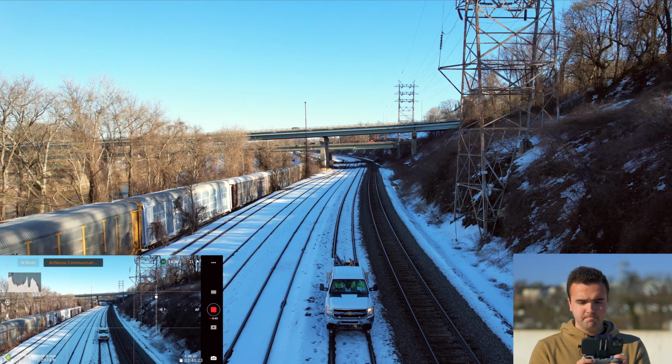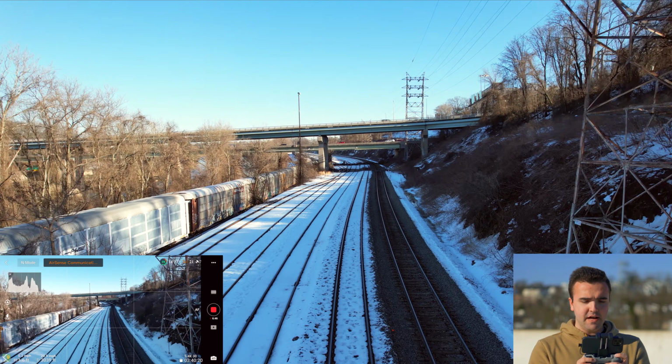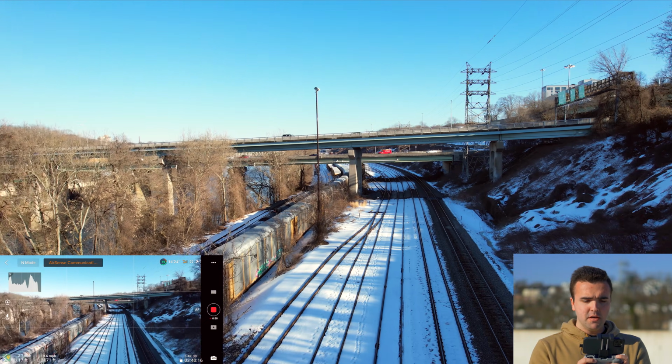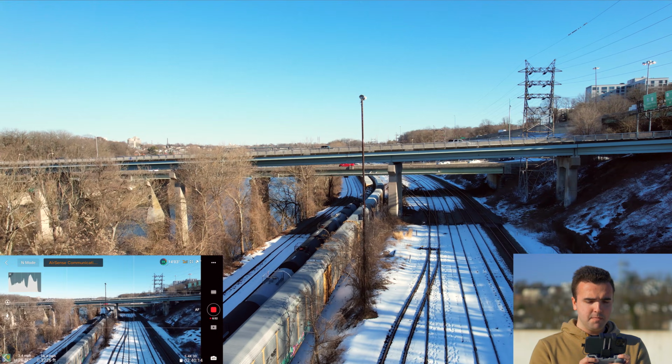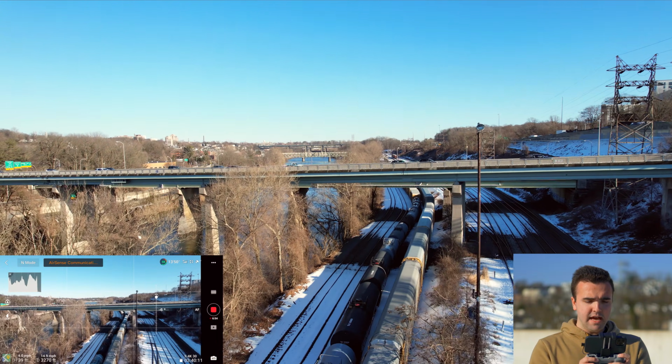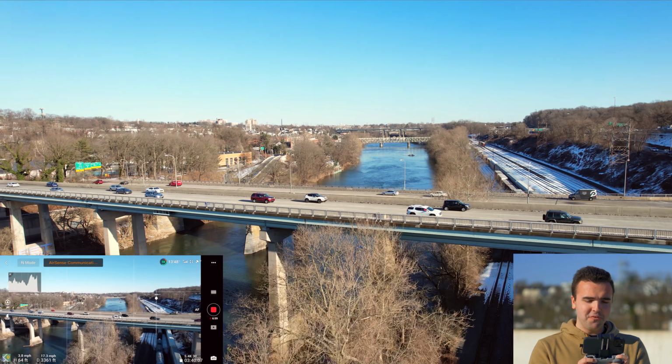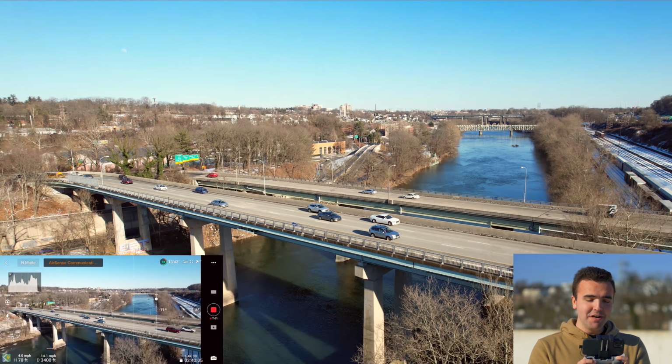What's up, dude? Cool. Yeah, this drone flies great, and the connection is spot on. So right now we're dropping down to 3 bars, but still we've got low latency, there's no lag, and the image is coming through nice and clean. Nice. This drone flies so great. I want to say that,